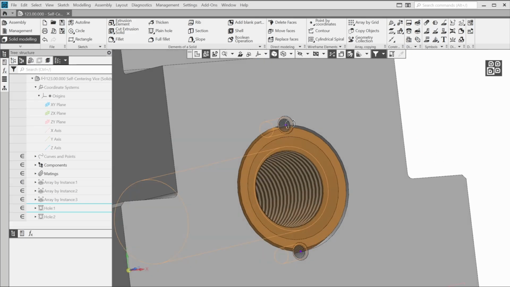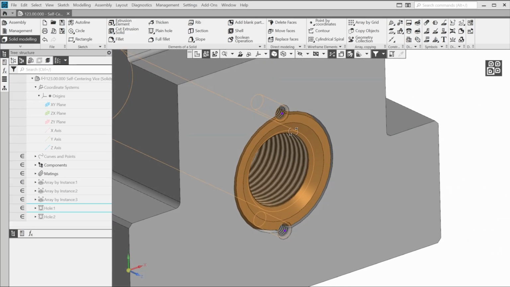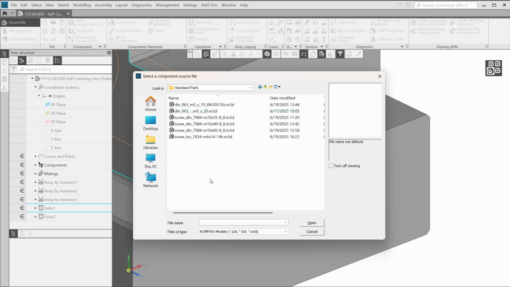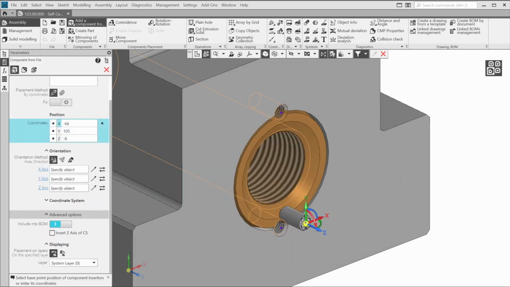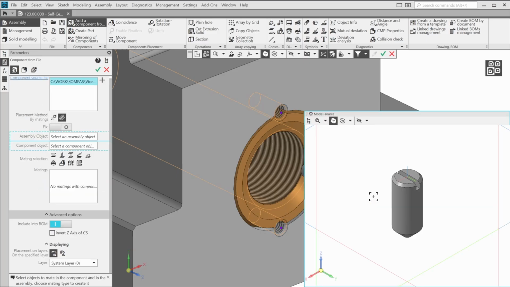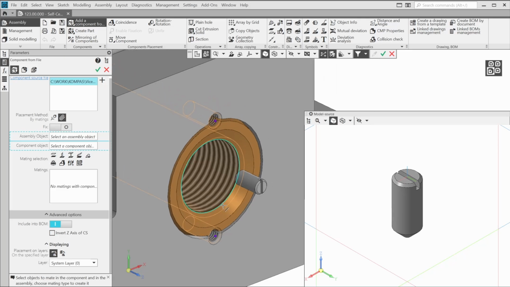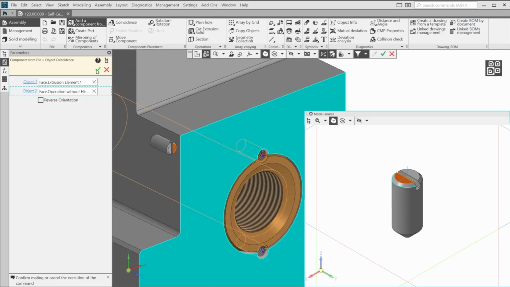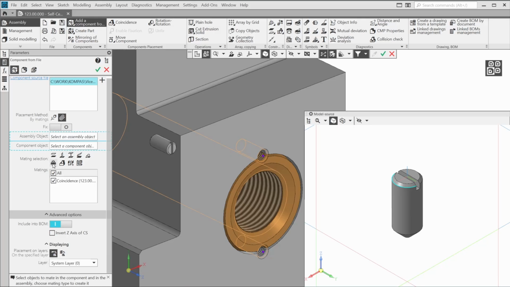Let's insert the screw into our holes. Go to the Assembly Toolbar set. Start Add a component from a file. In the Standard Parts folder, select the screw with a diameter of 6. As usual, use the by-matings method. Position the screw using the coincidence and coaxial matings.